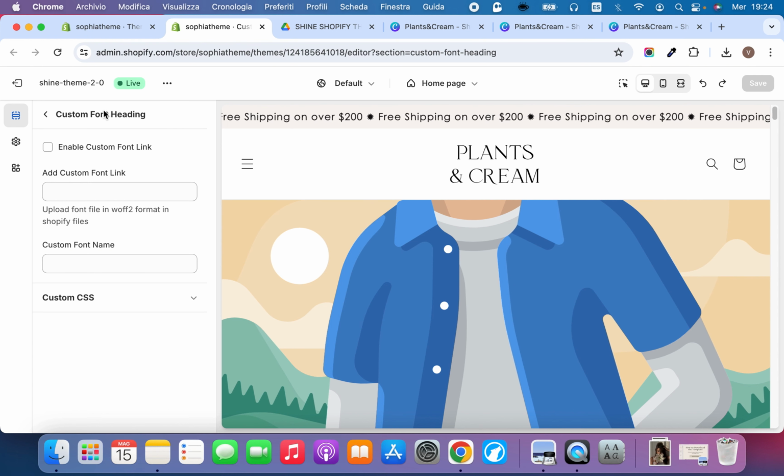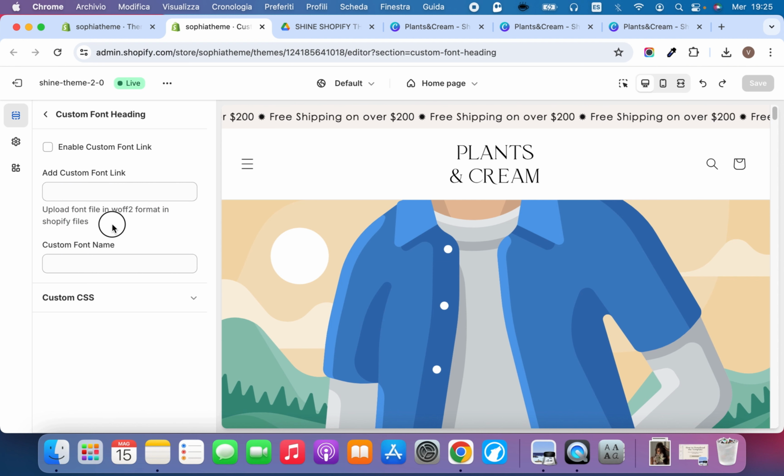Okay, on this particular theme there are not any custom fonts already uploaded, but in some themes there are custom fonts already applied to the theme and already uploaded with the included